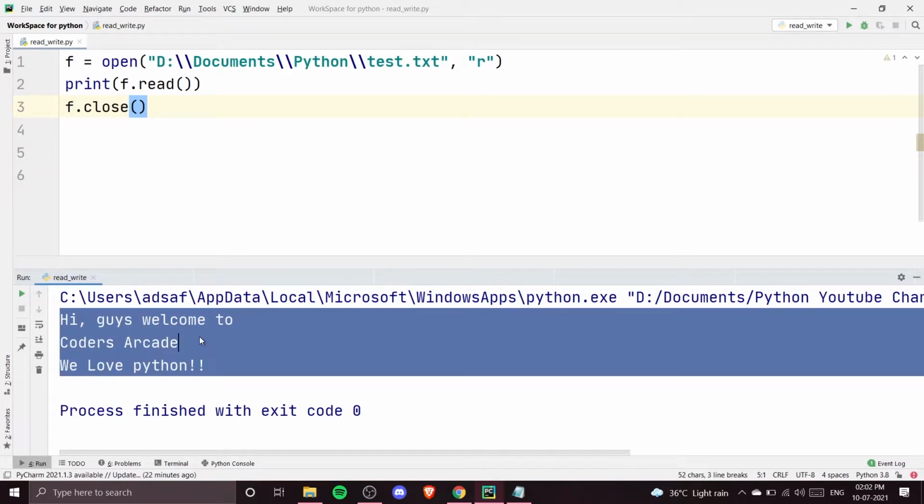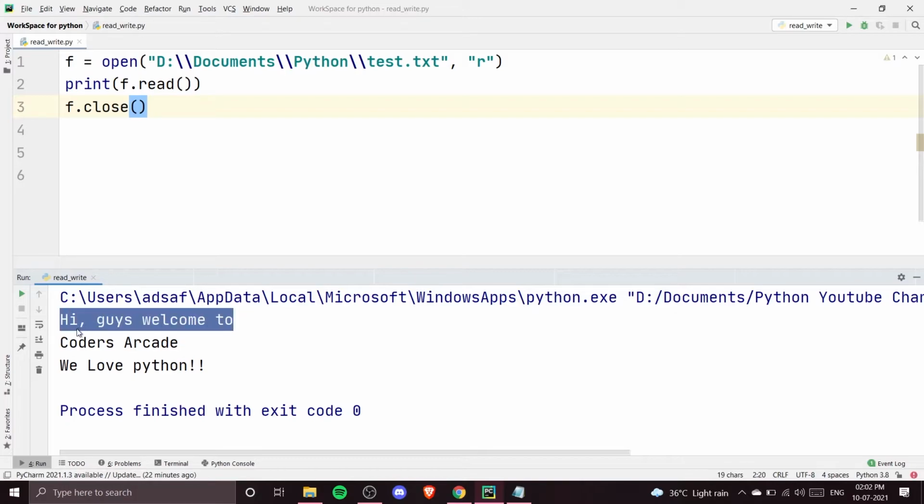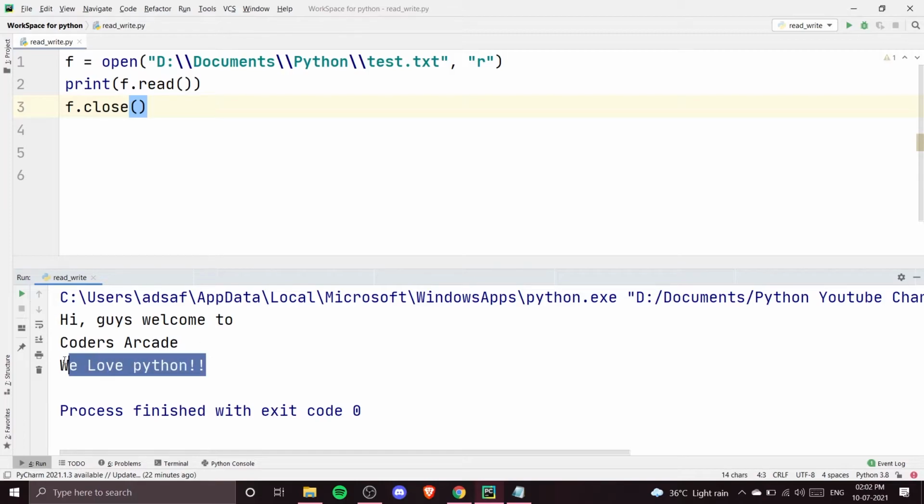Instead, I want to read the file line by line, and after one line is done, I'm going to print the number of words in that particular line, and then I'm going to move on to the second line, and count the number of words in that second line, and print those here. Then I'm going to move on to my third line, and print the number of words in that particular line.